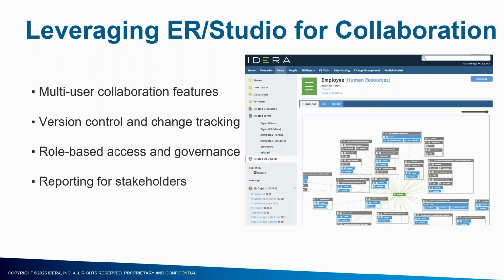With ER Studio, you can easily work together. We have our own repository to do some check-in, check-out with the different models, the different objects within your project. You can also push directly the different scripts. So from your physical model, you can generate your DDL to create your tables, or you can compare your physical model with your database, for example, and you can generate an alter script to update your objects. When you do these different steps, you can also push this script to update or create your database to your Git environment.